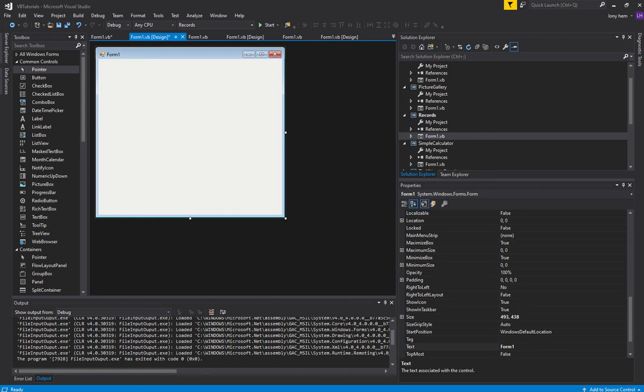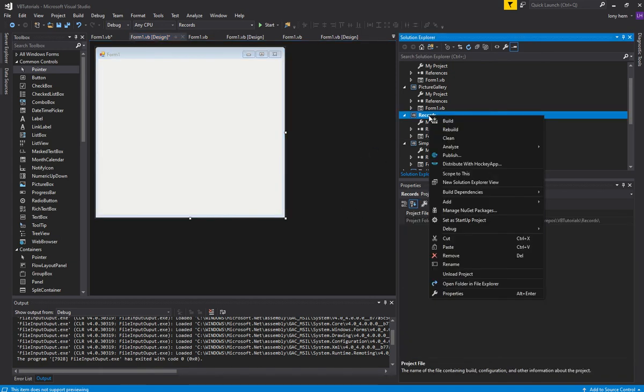We've got the staff.csv file into our project, our debug folder, and now we want to read that into our program. Now remember, this is in a particular structure, and the structure is it's got fields and it's got records and it's a table. So we need to construct that data structure in our program, and we're going to use a class. To create a class, right click on records,